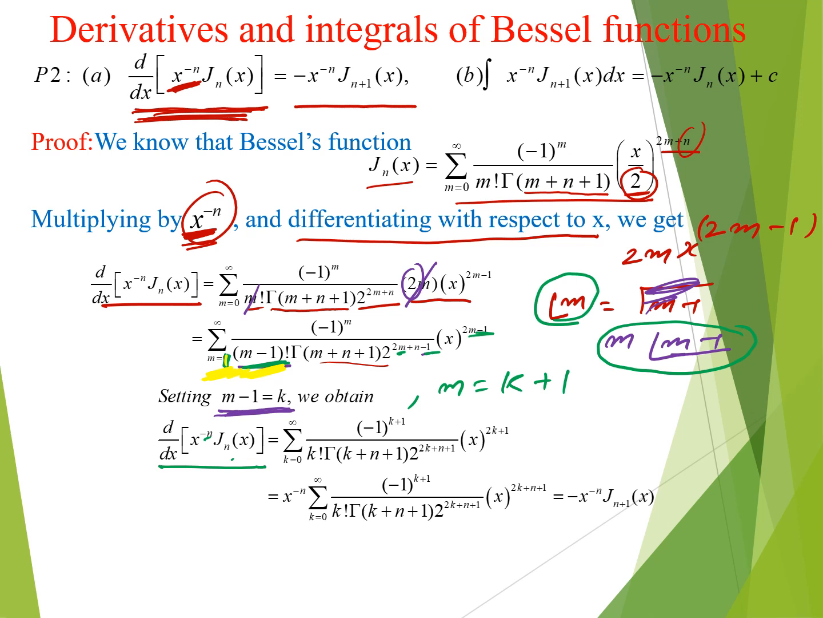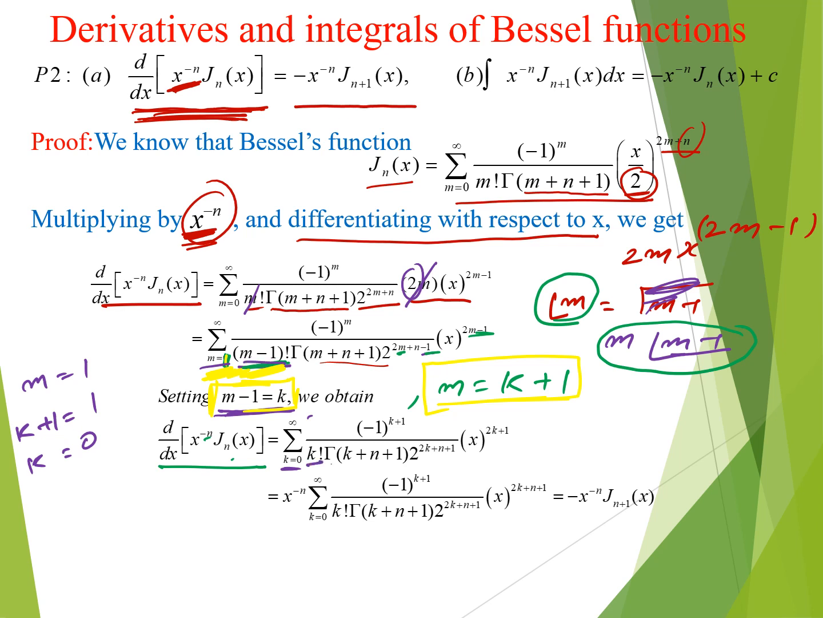To start it from 0 again, we replace m plus 1 minus 1 is equal to k. That means m is equal to k plus 1. Now when m is equal to 1 and we replace m with k plus 1, then k plus 1 is equal to 1, which means k is equal to 0. So the summation starts at k is equal to 0 to infinity, and this m minus 1